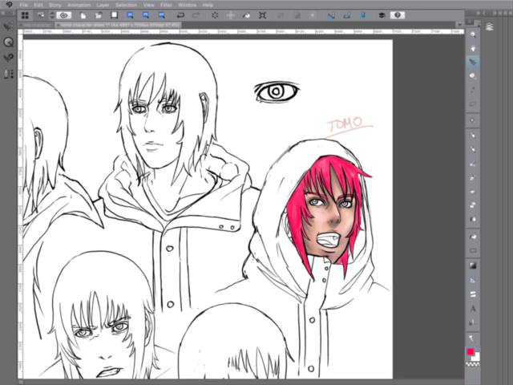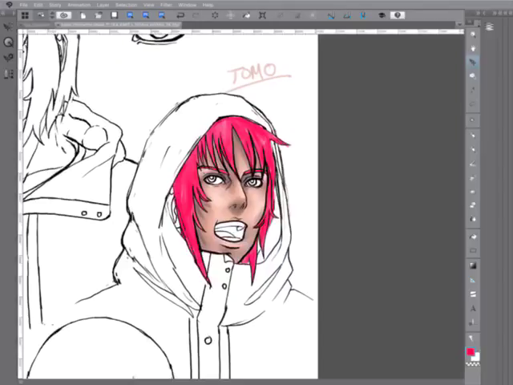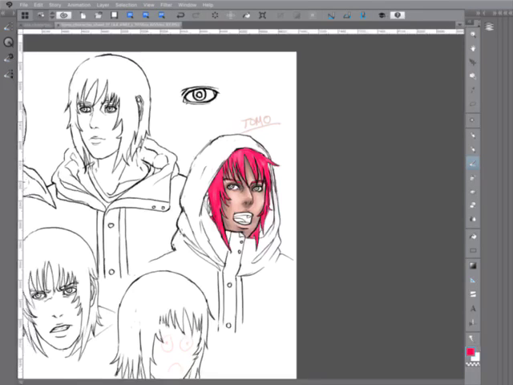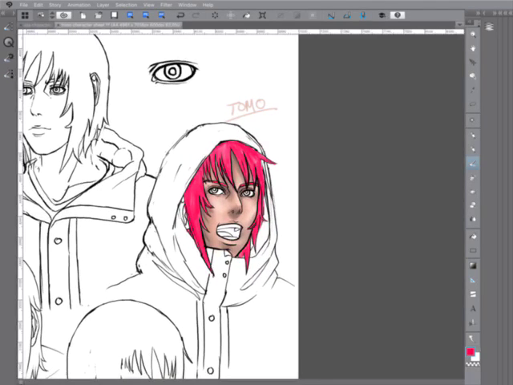Like, I could look at it when I was done and tell myself it's okay, but it's not that great. And it's not that big of a deal, because at the end of the day, you can just redraw it and keep redrawing it and keep practicing. The amount of time you practice is the amount of time you let yourself practice. You know? If you really want to do it, you'll find the time to do it.